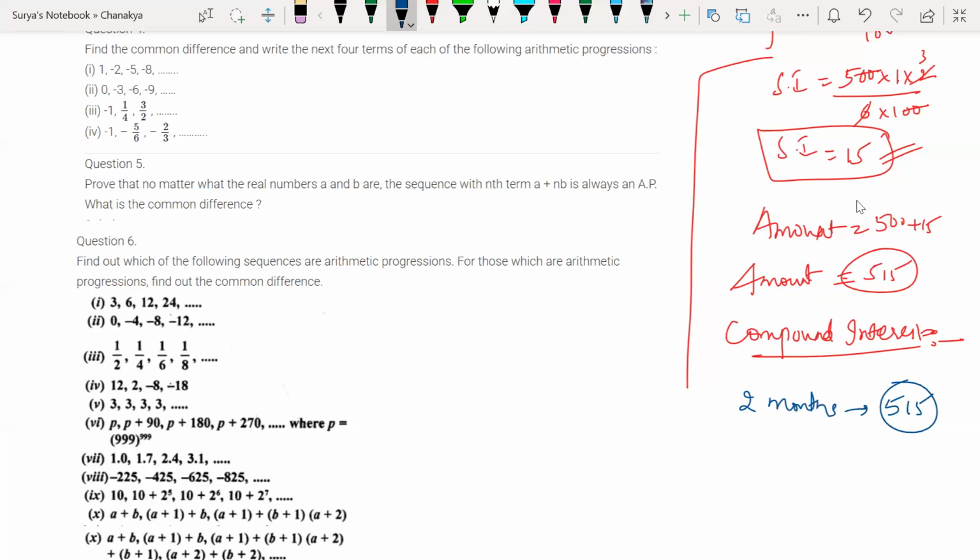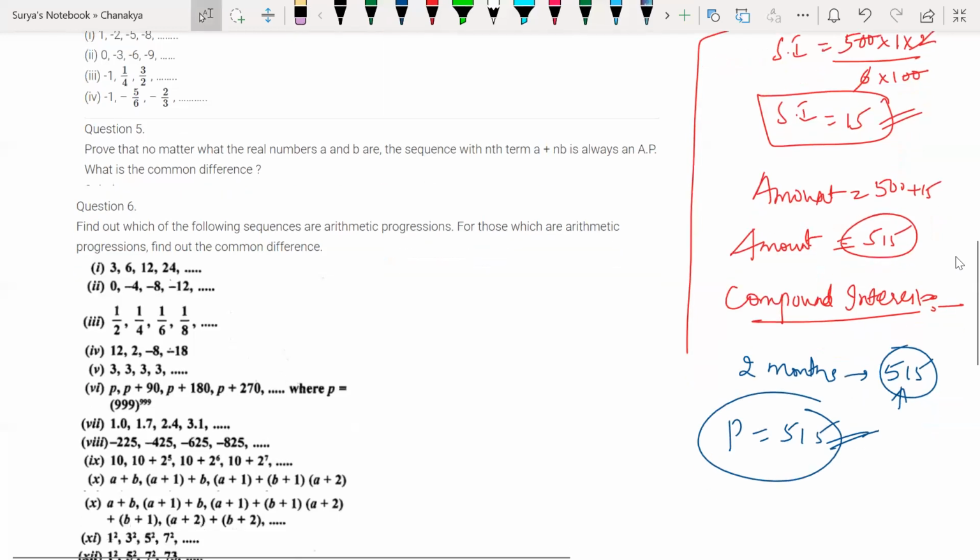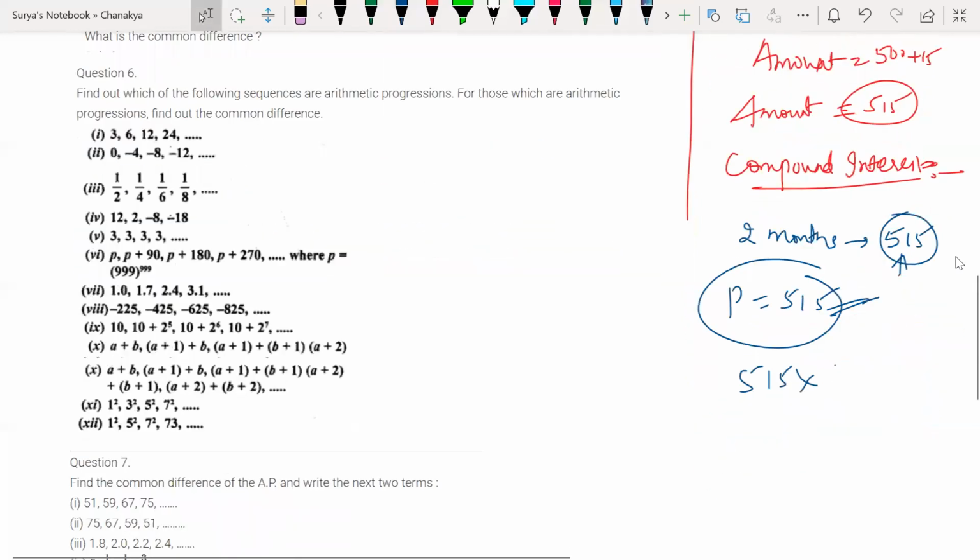So in simple interest, the principal was counted as 500 rupees. Now here the principal is going to be considered as what? 515 rupees. All right. On this principal, now look at this here. On this principal, 515 PTR divided by 100. This is how your amount is going to be added. Clear? So initially in simple interest, your principal was 500 rupees. Now your principal is going to be 515 rupees. Why? Because you delayed, right? There is a delay in payment, isn't it? Anujit, are you understanding?